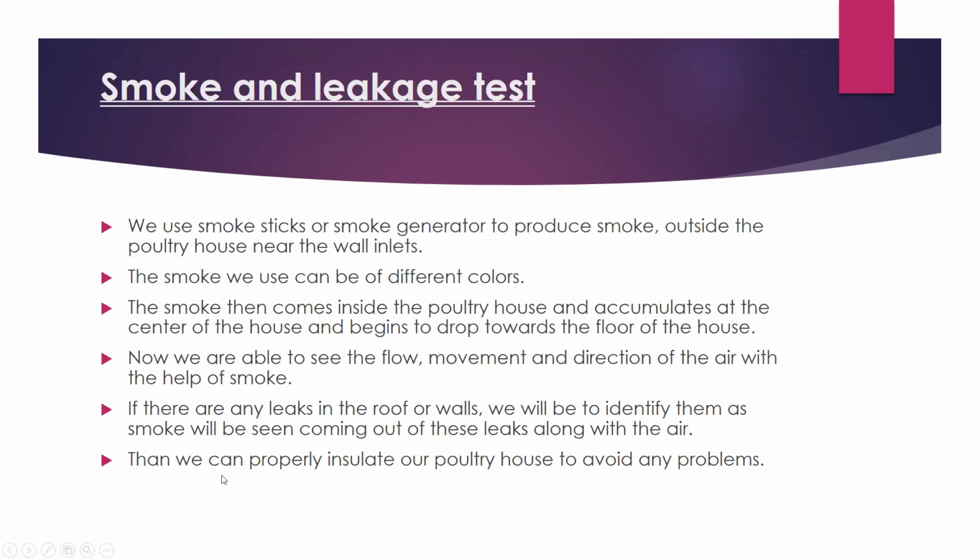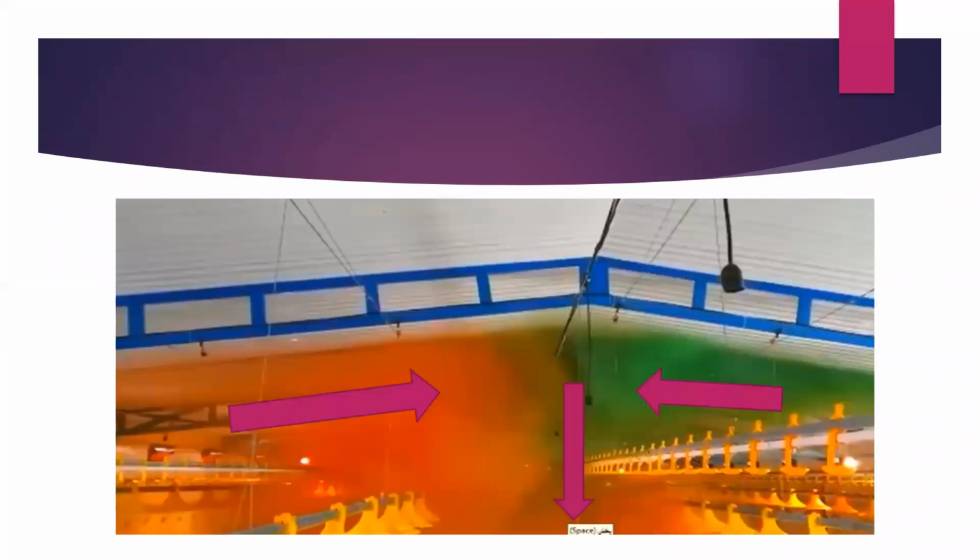And then after we have spotted and located the leaks, we can insulate our poultry house to avoid any problems. When we have identified the leaks from where the smoke is coming out, we can cover those up and insulate our poultry house. So here you can see that the smoke is coming from the